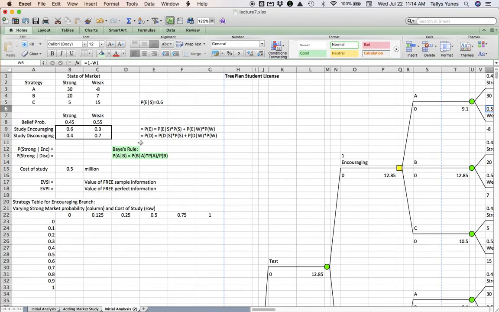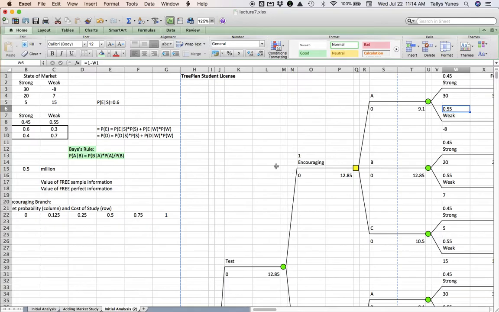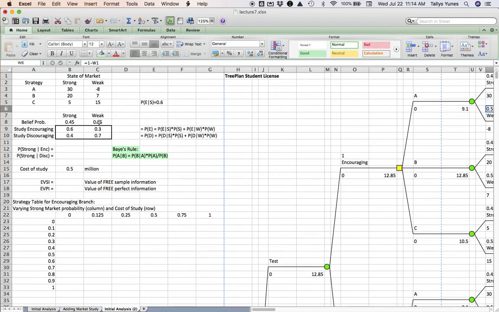So first of all, I need to know what is the probability of encouraging, the PE, right? Probability of encouraging. I wasn't given that number. What I was given were the following numbers. What is the chance of encouraging given strong, right? This guy here. And what is the chance of encouraging given weak? But there is a formula that you may recall from your probability or statistics classes that says the probability of an event without any conditions is, if you can split the universe of possibilities into as many conditions as there are, in this case just two, weak and strong,